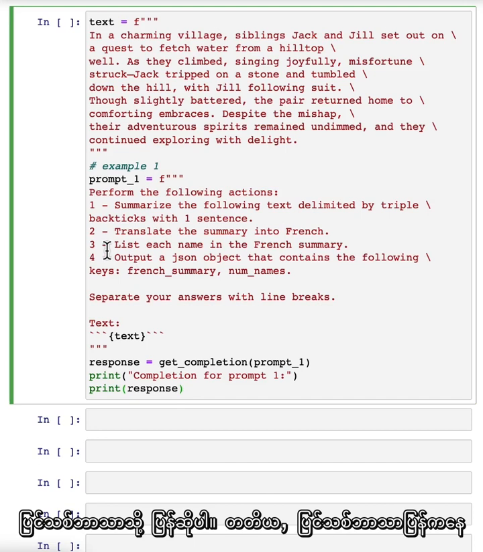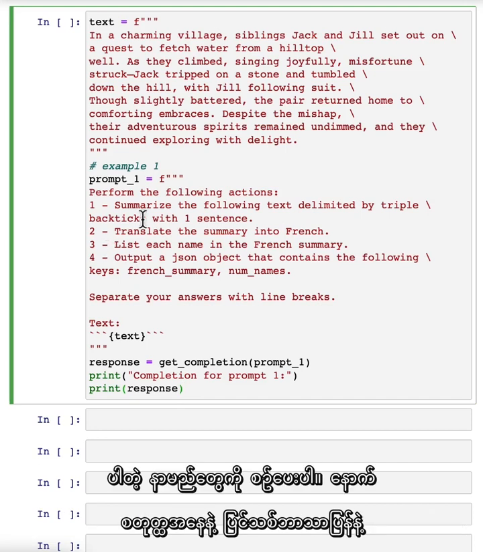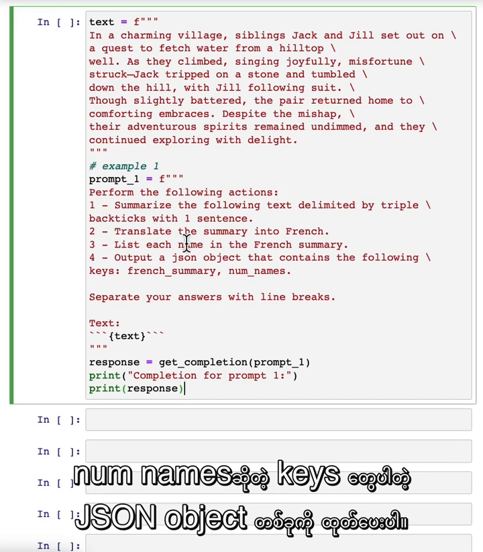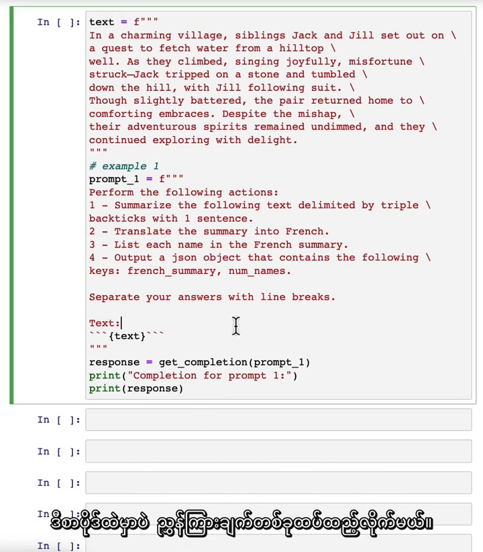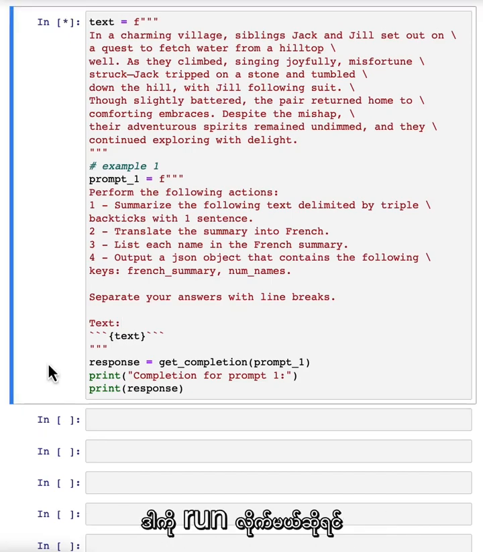Second, translate the summary into French. Third, list each name in the French summary. And fourth, output a JSON object that contains the following keys: French summary and num names. And then we want it to separate the answers with line breaks. And so we add the text, which is just this paragraph. So if we run this,